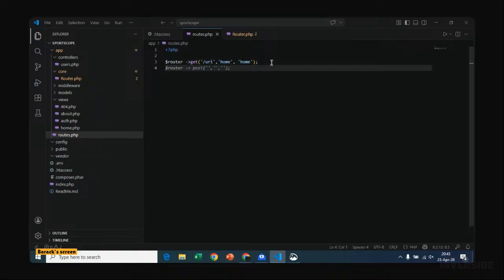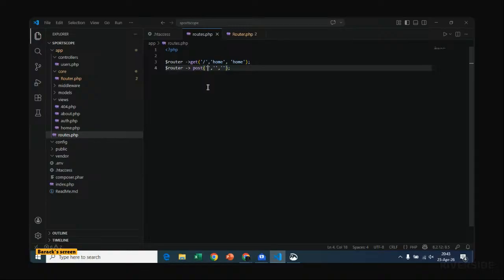So we shall follow the same trend, and I think I made an error. It's not a URI, it's just a slash. That router says that every time you have a slash, it goes to home, and home is home.php, where we already trimmed off the .php in the router class, so the router class would understand.